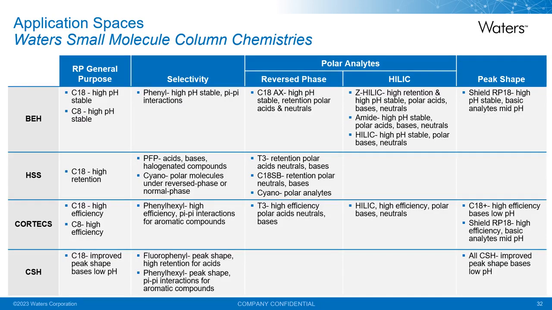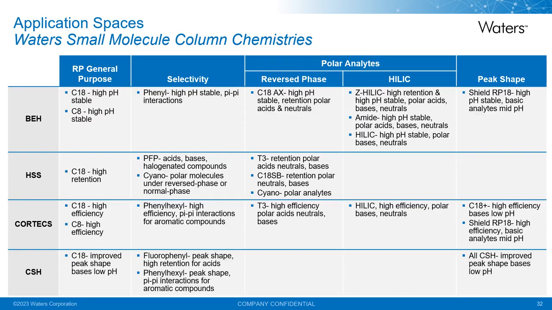Within those four particle platforms again, you have things like a mixed mode column in reverse phase, which is a combination of a C18 and an anion exchanger. It can be used again in reverse phase for retention of polar acids and neutrals. We have the T3, which is working very well in high aqueous mobile phases. There's a C18SB, which stands for selectivity for bases. This is an unend-capped silica column for unique selectivity. There's a cyano, again with a unique selectivity for polar analytes, as well as a T3 within that solid core